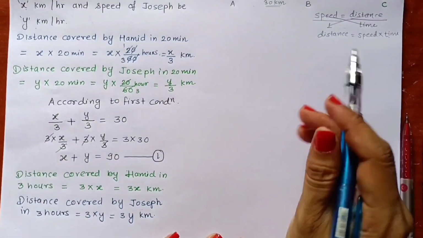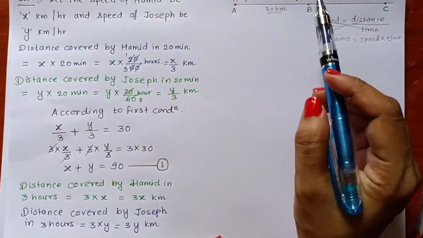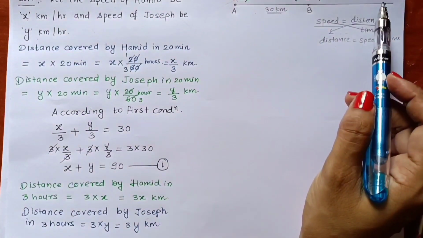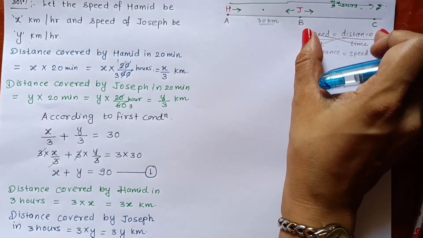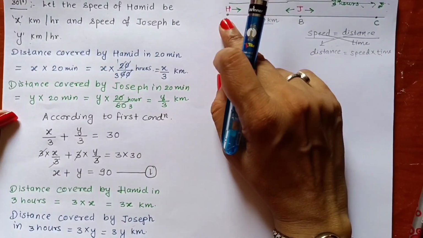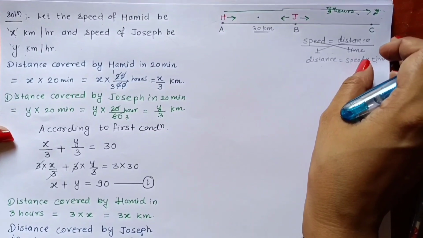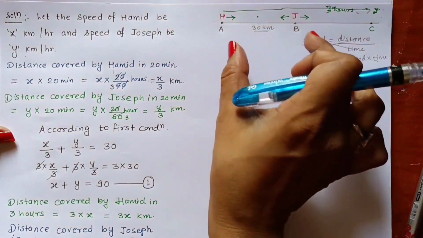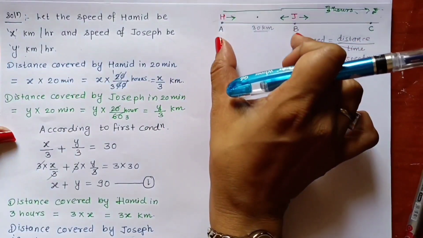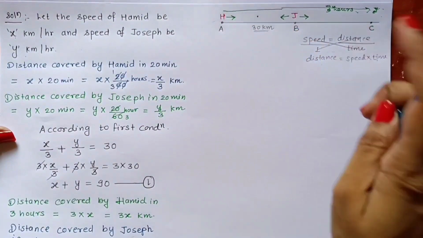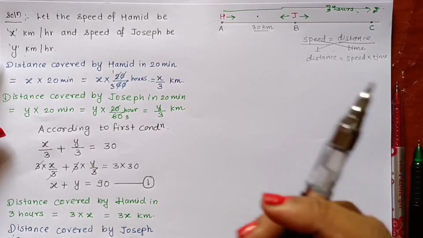But from the second condition, what equation can we write? They both meet each other after 3 hours, and Joseph covered only this distance and Hamid covers the distance till C. That means the total distance covered by Hamid is this much distance plus Joseph's distance. Okay, Hamid covered the A to B distance plus Joseph's distance. So according to the second condition, our equation will be